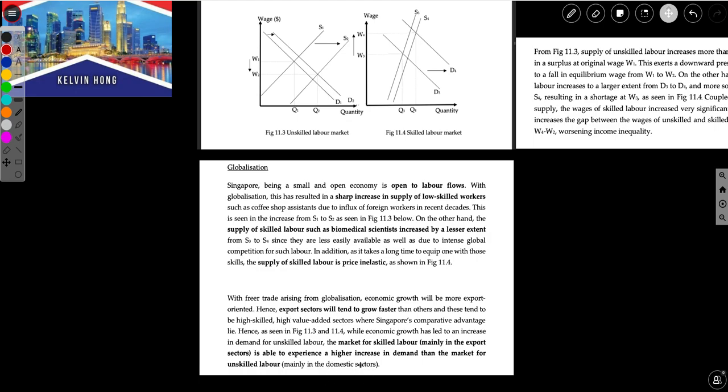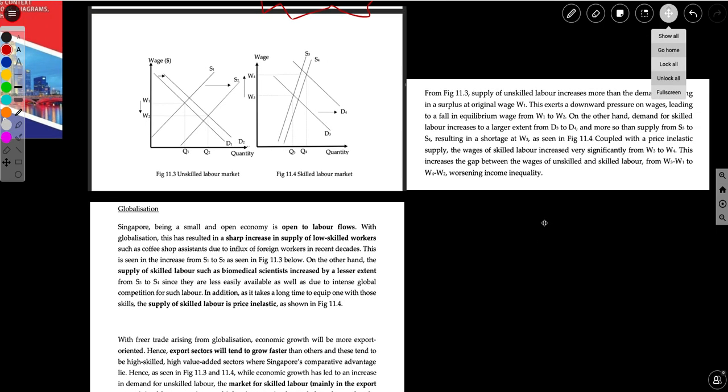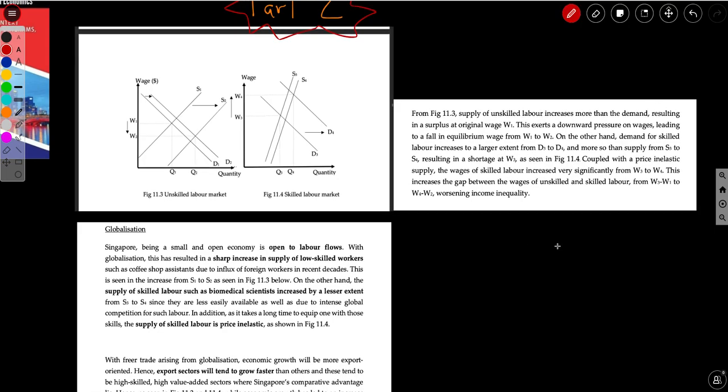So they mainly serve your households in Singapore rather than a global market. All right. So these two paragraphs already tell us about the demand and supply differences, and then finally putting it all together,